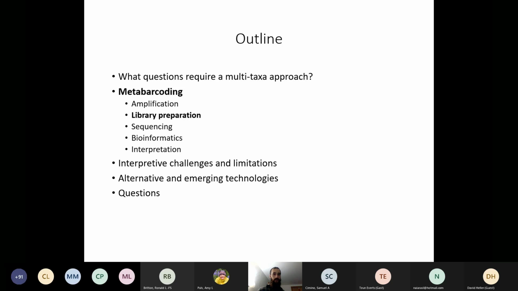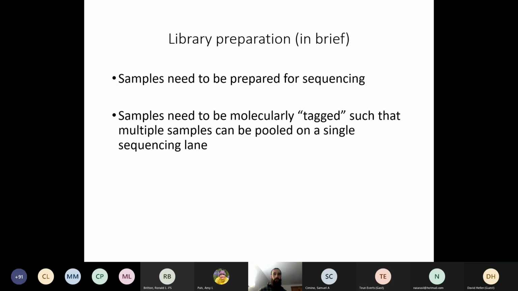All right. The next step, if we're doing metabarcoding after amplification, is library preparation. I'm going to walk through this one super fast and not talk about nuts and bolts very much. But for those who are not familiar with genomics generally, library preparation is essentially the process by which you take samples and prepare them for high throughput sequencing. One of the key steps here is that your samples need to be molecularly tagged, and you'll see this in the sequencing by synthesis video in a minute, in such a way that your samples can be pooled onto